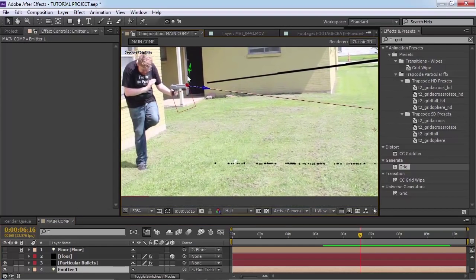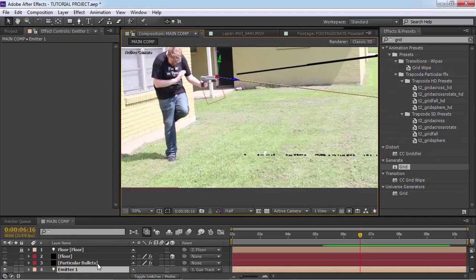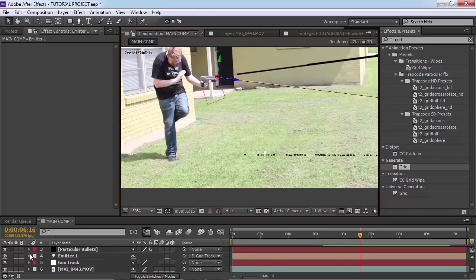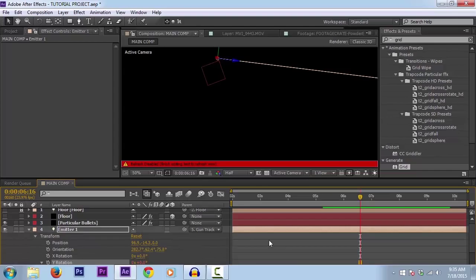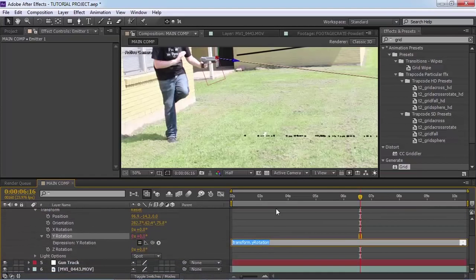We want to add some rotation on the y-axis so that these go in a different direction so they don't all just pile up in a straight line. So twirl down those settings there. On the y rotation, hold down Alt and click the stopwatch. And then we're going to do a simple expression. You want to type wiggle with all lowercase letters and open parentheses. The first number we're going to type is how many times a second you want it to move. So, it really doesn't matter that much. In this case, let's just hit 10, and then you do a comma,